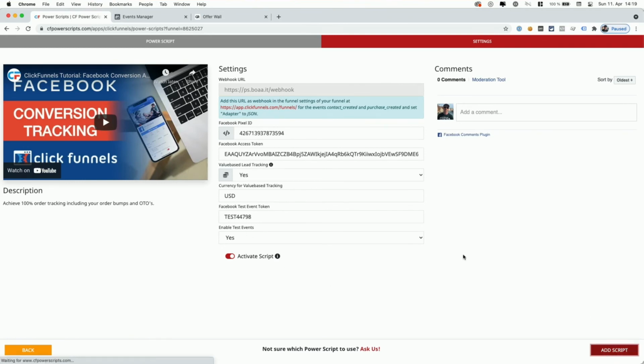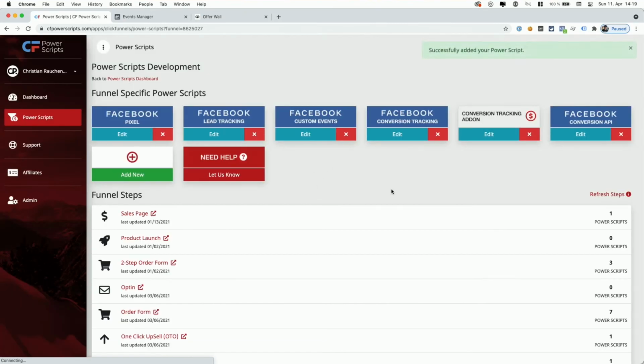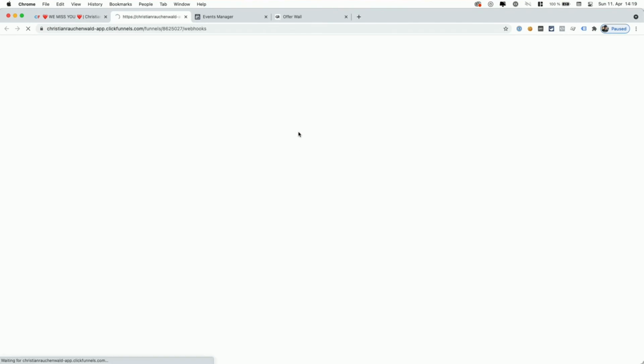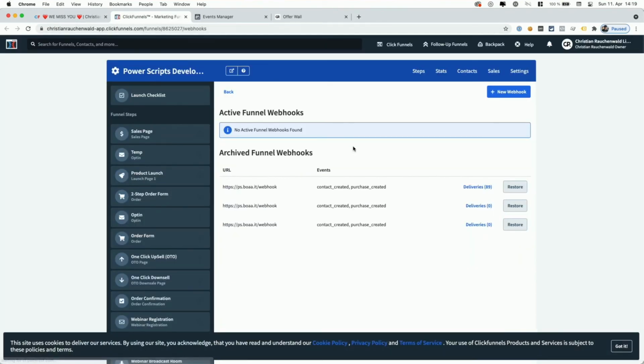There's still one more thing we'll have to do, but it's easier if you first add the script. Then you click on the Facebook Conversion API Script Edit button, and you can then use this link here that takes you directly to where we need to go. So you need to copy the webhook URL here, click on this link, and it will take you to the webhook sections of your funnel. You see I've already had it set up but removed it, and you will need to click on New Webhook